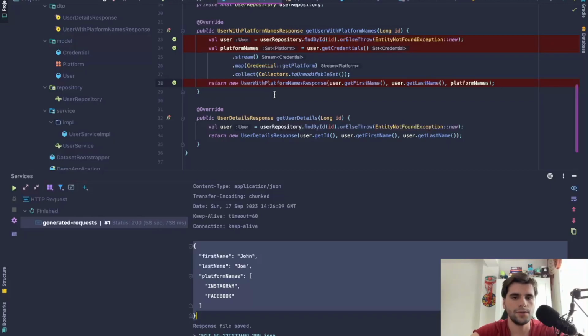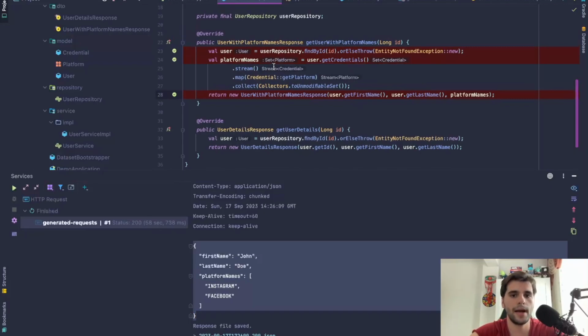For all the users, we want to see the same response, and this means that for each user, let's say that we have 100,000 users in our database, for each individual user, Hibernate will execute another query to fetch all the credentials for that particular user. So this will cause a lot of performance issues,